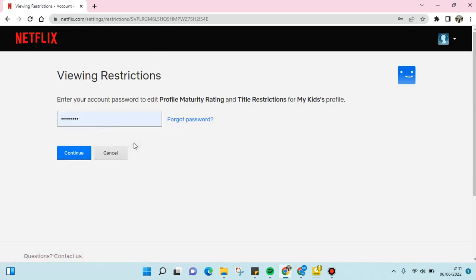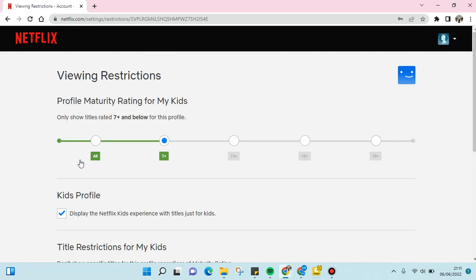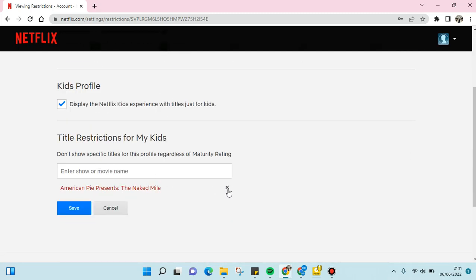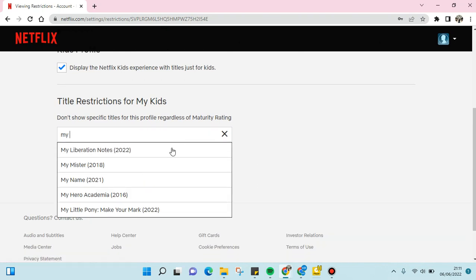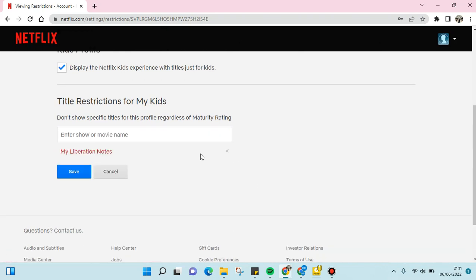Type in your password first and then click continue. And here I've already added, so I'm going to add the title. So for example, this one, and then you can add more than one title. So for example,